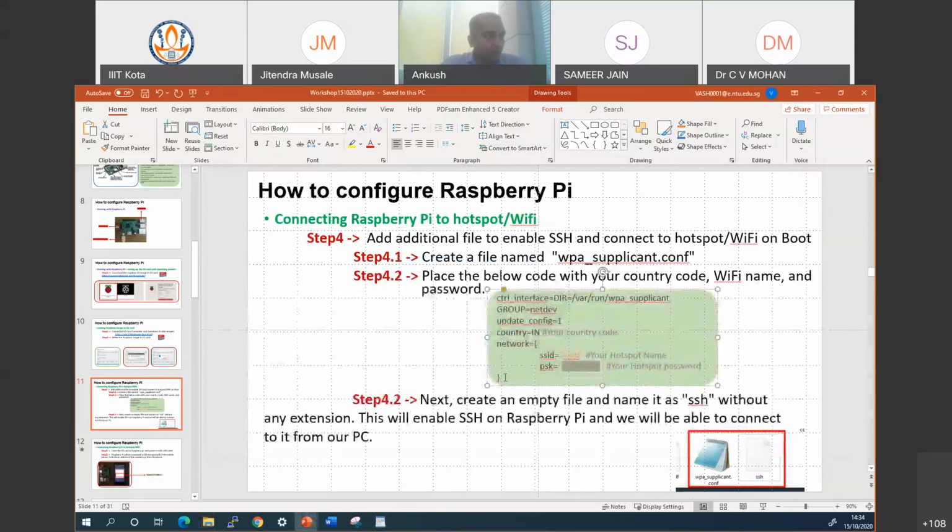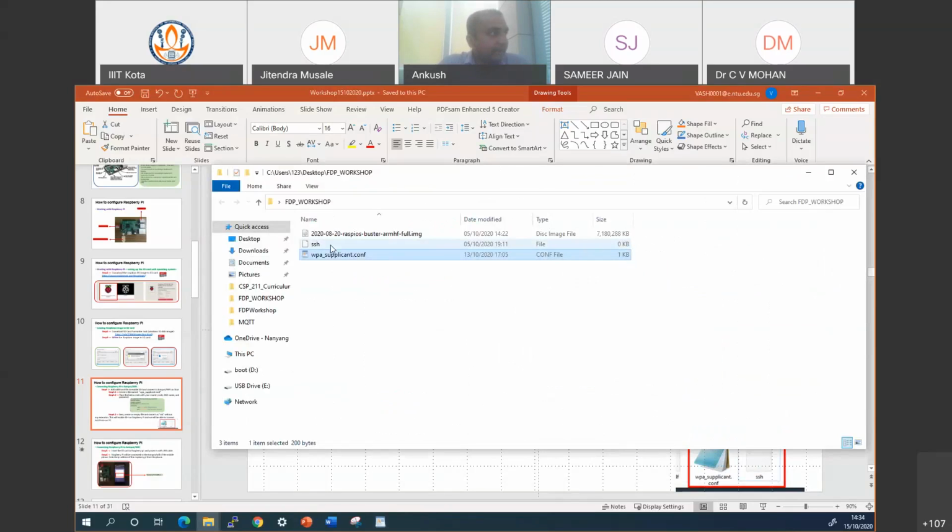So this is the set of code which I will copy in the WPA supplicant configure file, and I'll keep it on my computer. Okay, so that's one thing. And another thing is I will have a blank SSH file. I just have to rename it as SSH. Okay, so these are the steps to configure a Wi-Fi. Okay, and what I will do is I will just select these two files. I will just copy these files,